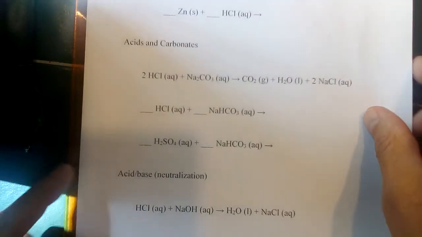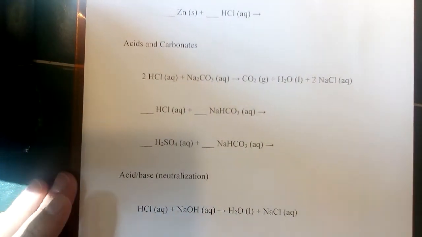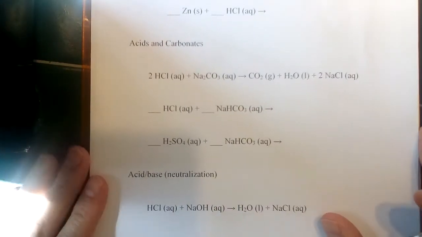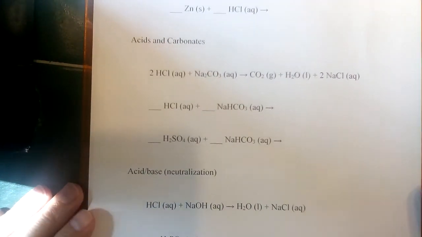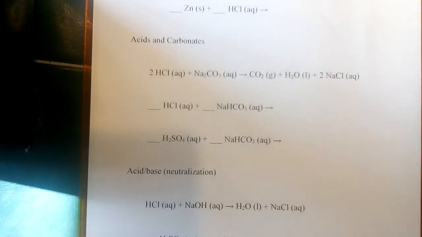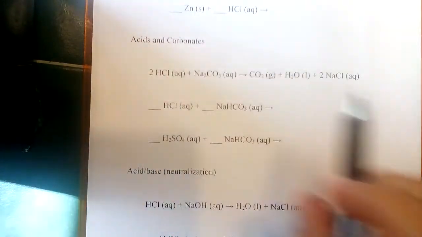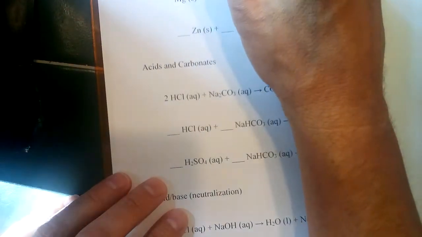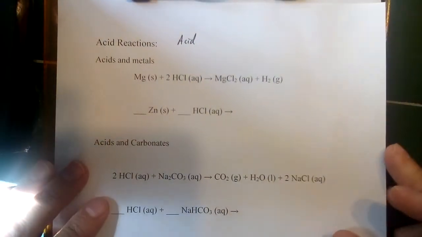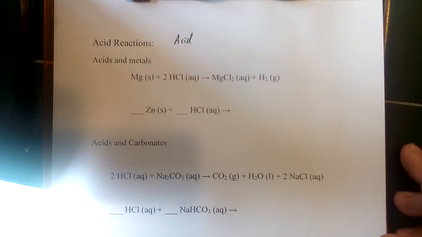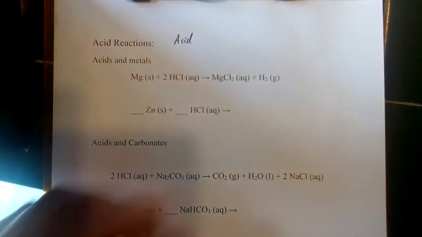And these are not the only equations that we are going to be dealing with in this particular chapter. There are some other reactions that we also want to be able to balance and predict the products of. And we've got 3 different types of reactions, all have to do with acids. So an acid is a particular type of chemical. And the way we can generally recognize an acid in terms of formula is the formula is going to start with H,